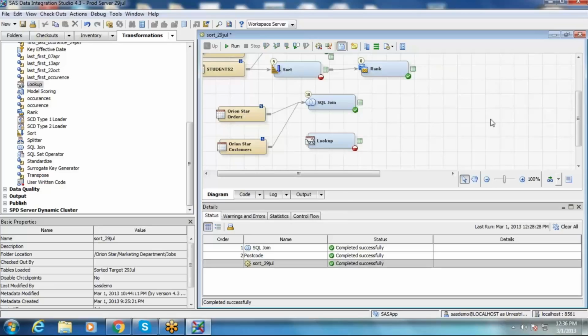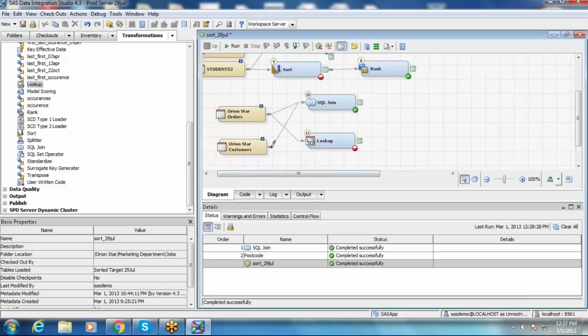When you go near the lookup transformation using mouse over, you can see two blue color tables. First one is source, second one is lookup. That is by default meant. Here you can see the names also. Connect the lookup table here, that is the second port. The first one is orders, so I am just selecting these orders.